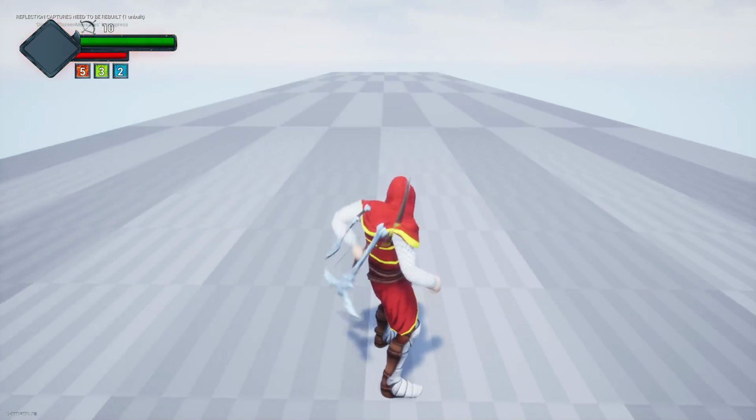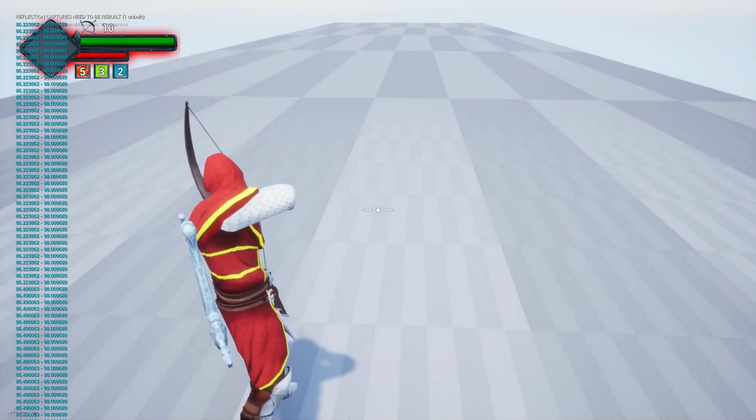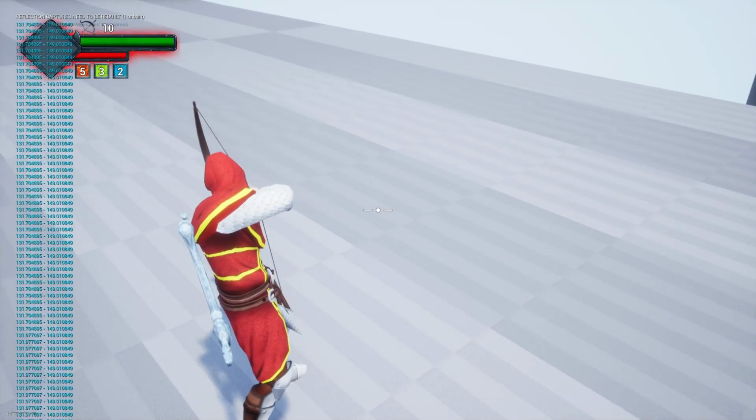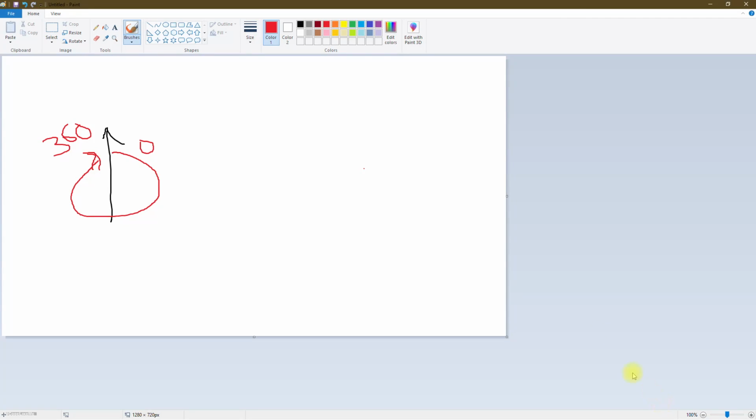Okay, how does it range? 90, 149. Okay, this is the way it ranges. This is control, this is character.